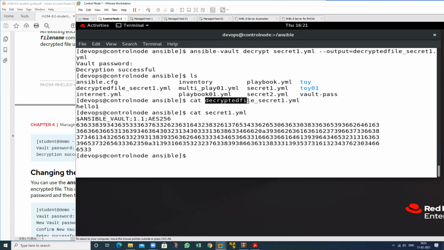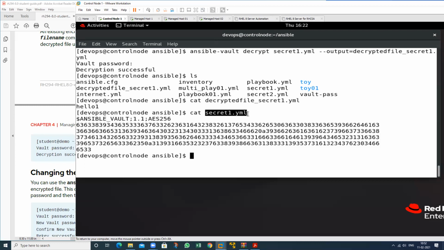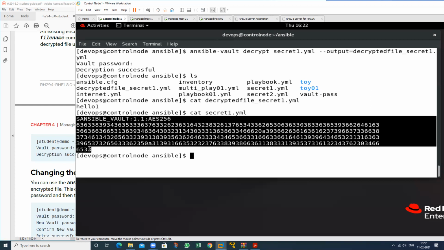So if I want to place my data from any encrypted file, we can use this hyphen output. The content that appears in this particular file is at this time encrypted, and I want to decrypt this one and place all the content in plain text format.